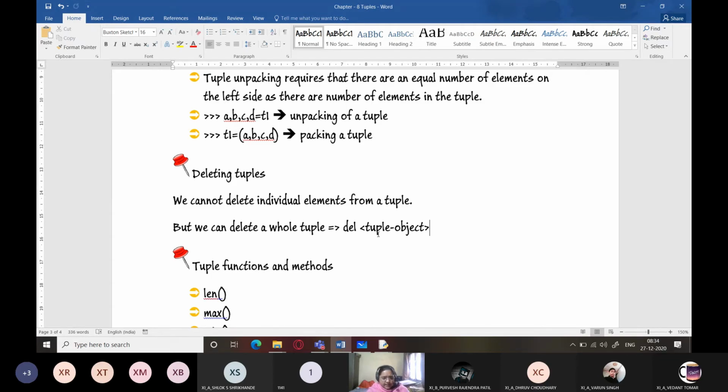Pop function was to remove and return an element which is deleted from the list, which could be saved in a variable also. And remove function was also used to remove individual elements from the list. All these kinds of functions, and even extend function, which was used to add multiple elements to a list.